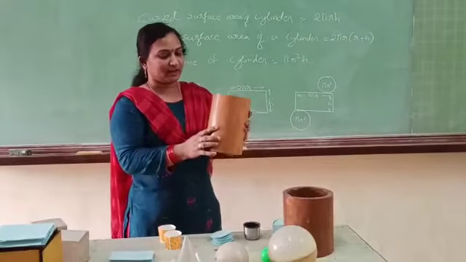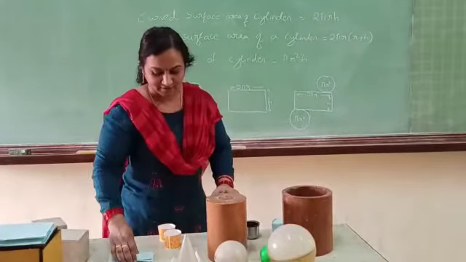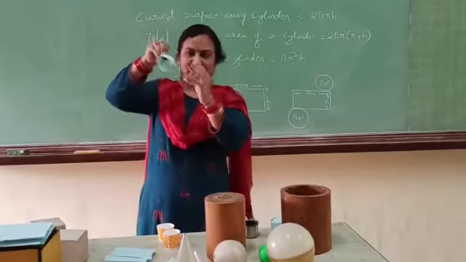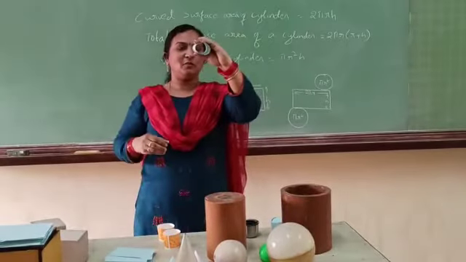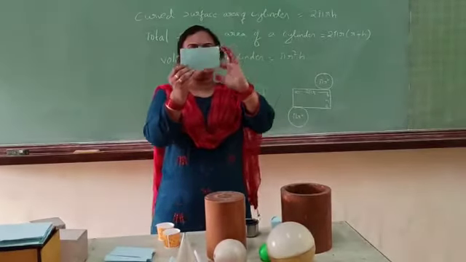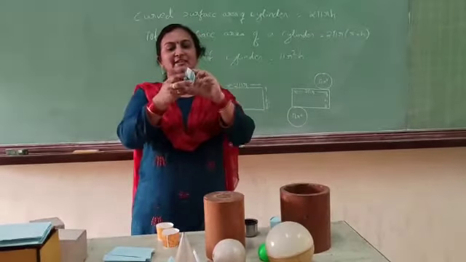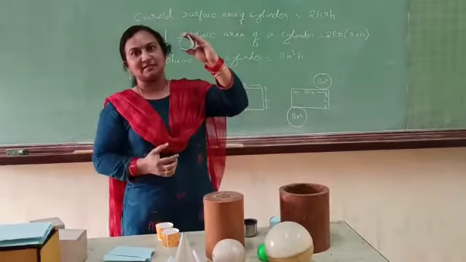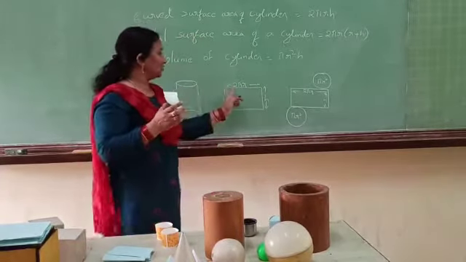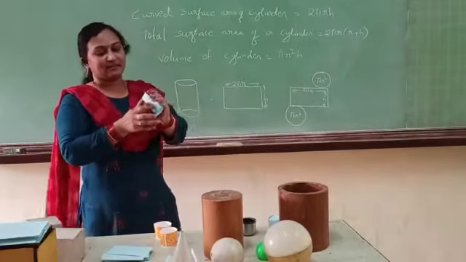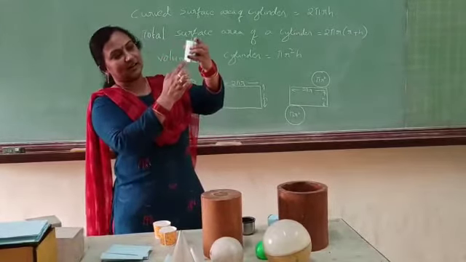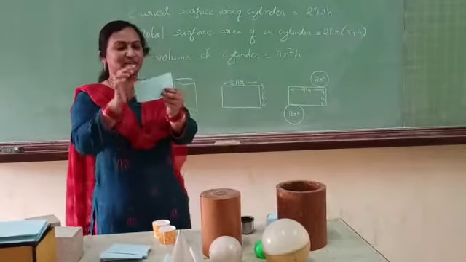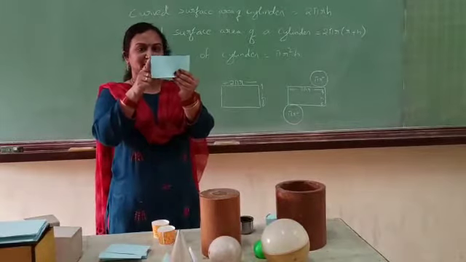For this, we are going to do an activity. We are going to take a cylinder, and if you open this cylinder, what will you see? You will see a rectangle. Before, it was a cylinder, and this is the circumference of the circle. The circumference of a circle is given by 2 pi r, and this is nothing but our height. The length has become 2 pi r and the height is our breadth.